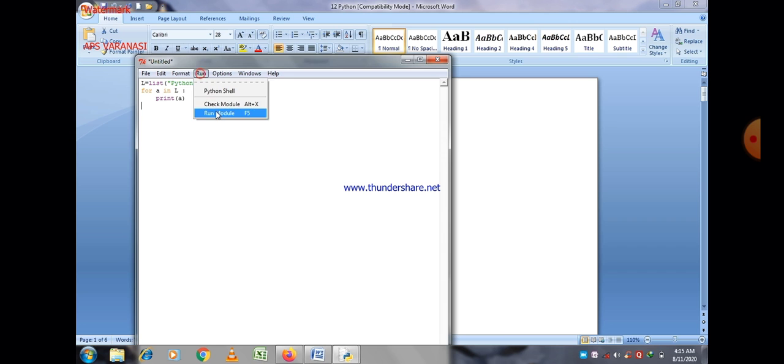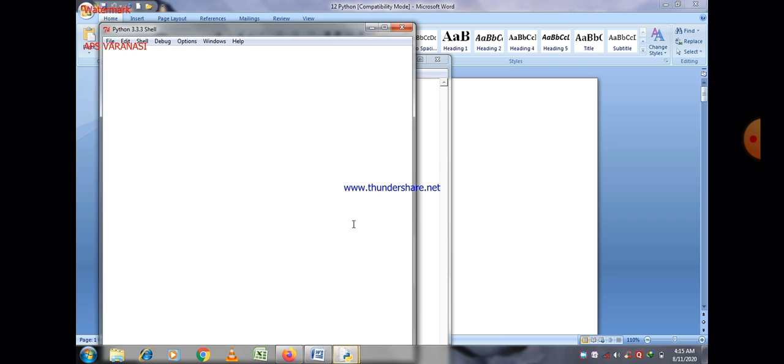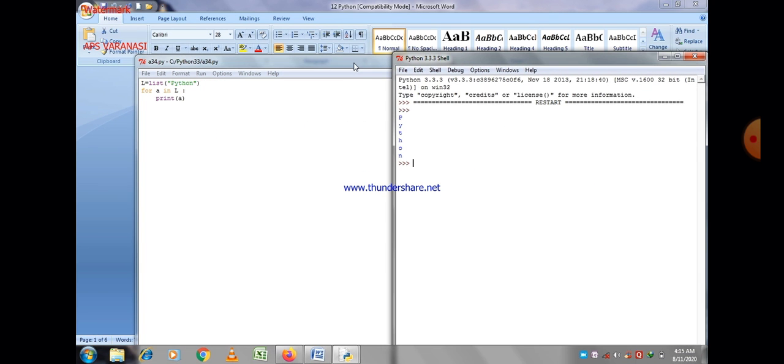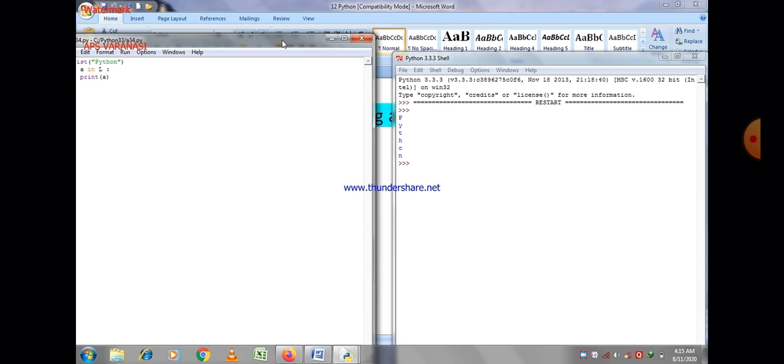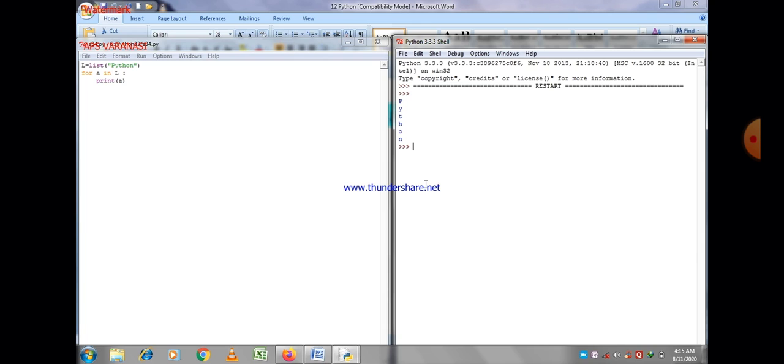Now after execution, we can see the output: Python, individual characters of a Python string. So there is no difference at all. Now let us make some changes and see what the output is after that.